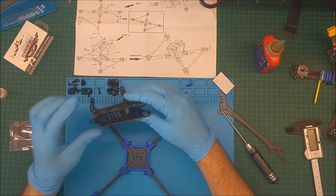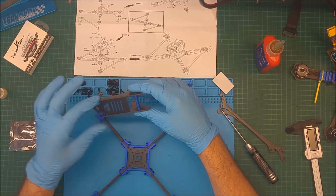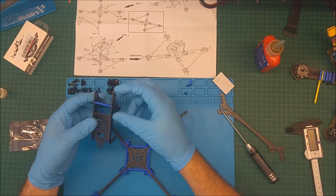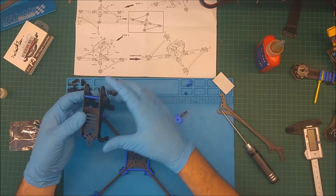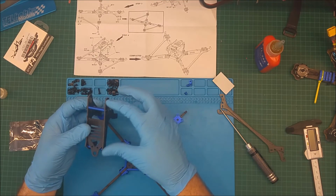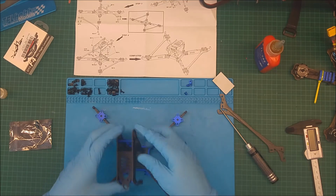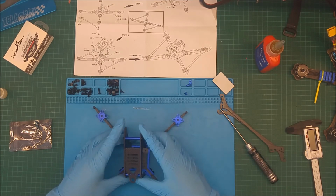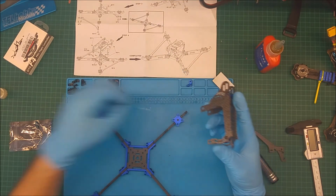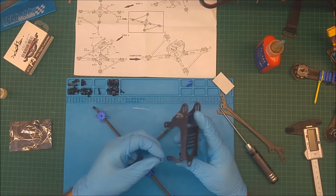That's the top part. Again, I decided to use longer screws than provided before, just because if you want to add a camera, you just open it a bit and don't need to take this part aside. You get a longer screw, just unscrew it a bit, put the camera in, so it will be better. So for the mounting, we take these blue threaded parts,